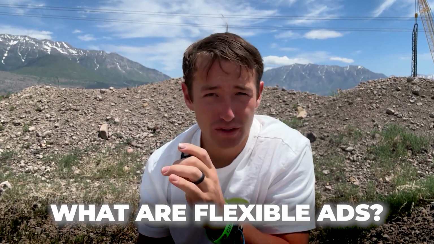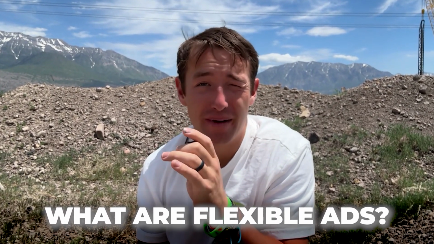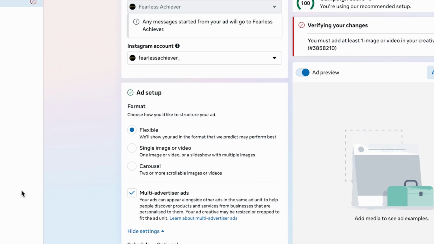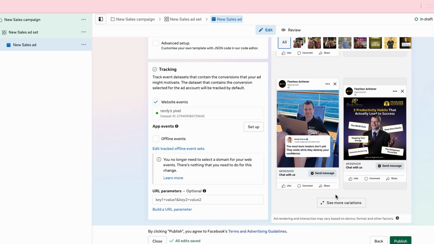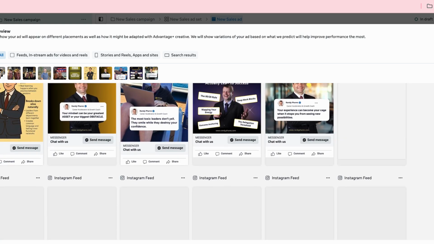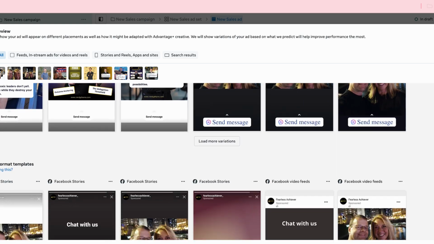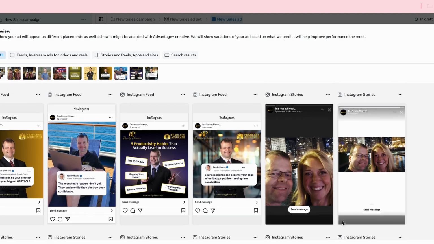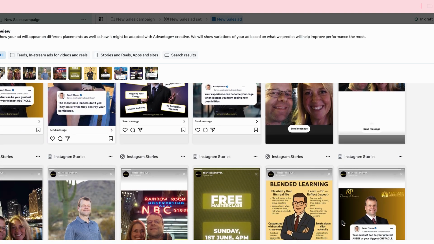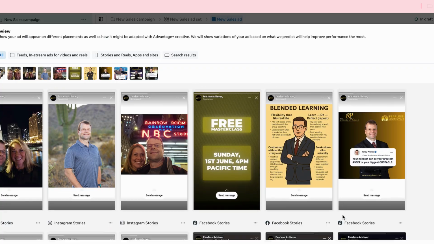Okay, first and foremost, what exactly is a flexible ad in Meta? It's a newer format inside Ads Manager where you can upload up to 10 different images or creatives, and Meta will dynamically decide how to show them. Sometimes they'll animate one of your images and turn it into a quick video. Sometimes they'll switch them into a carousel. Other times, they'll crop and resize assets for stories or reels. It's like giving Meta a toolbox and letting it figure out which hammer to use based on where the ad